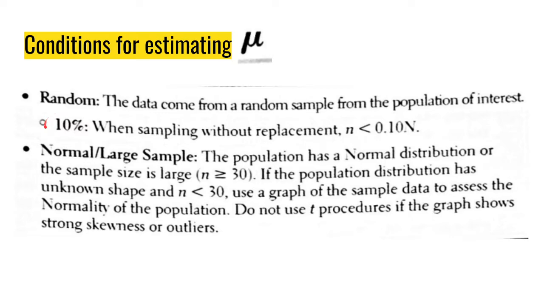Number two, we want to check for 10%. 10% is for checking independence. Basically, we want to see if our sample size is less than 10% of the population. If the population is really big, and we can assume it's less than 10%, for example, if we said, I want to randomly select 500 boys in the United States, even though they didn't tell you the boys' population in the United States, you can assume it's less than 10% because